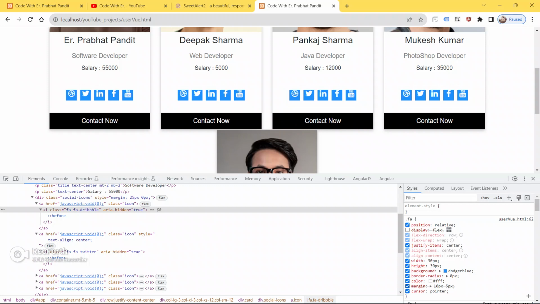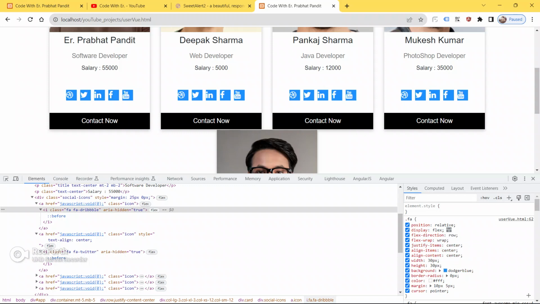I might have made some mistakes, so display flex, wrap.